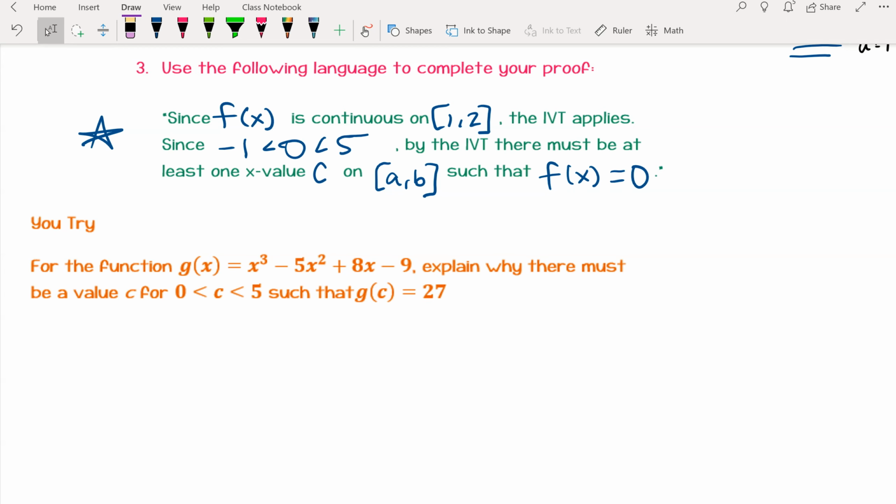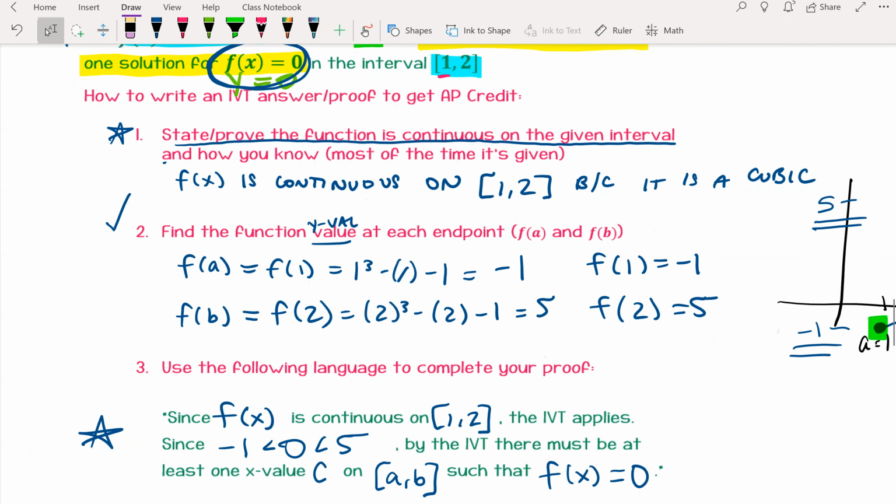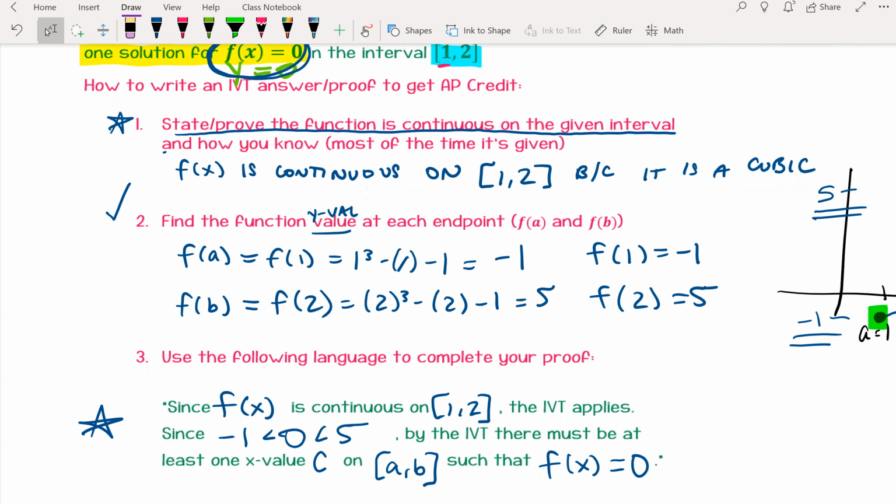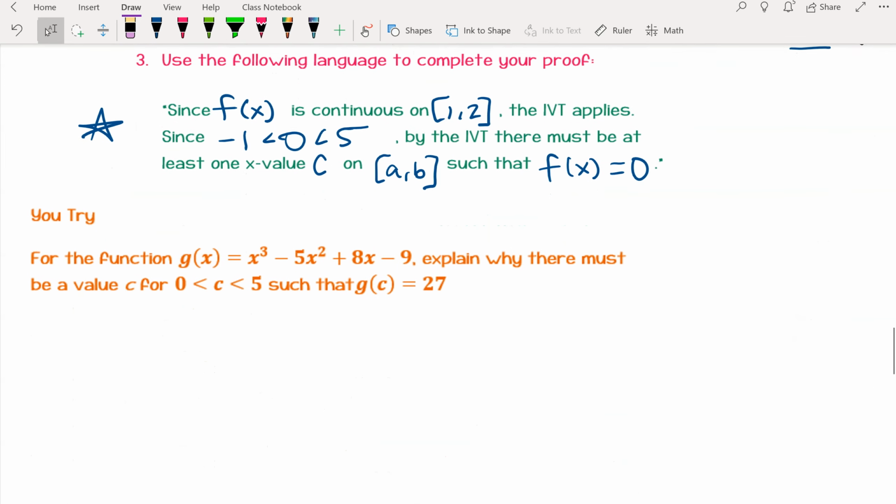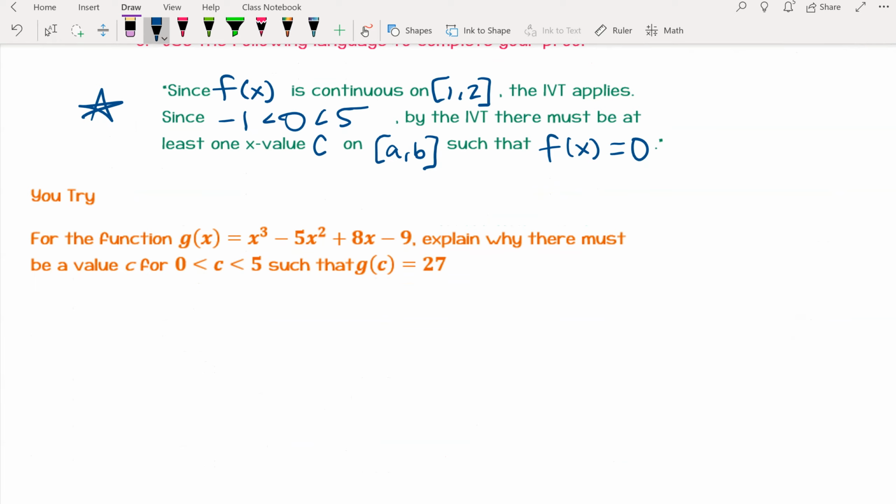Okay, I'm going to do this one. So we're going to look at step 1. Step 1 says state or prove that the function's continuous on the given interval, and how you know. We're going to start with this first sentence. I'll go ahead and start my first sentence for my final answer. Since f of x is continuous